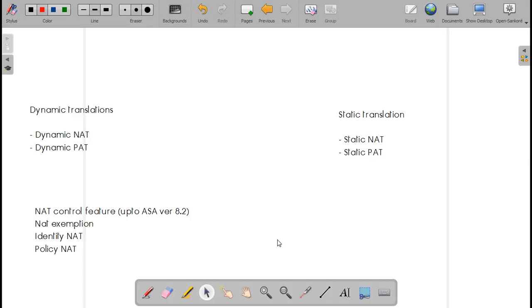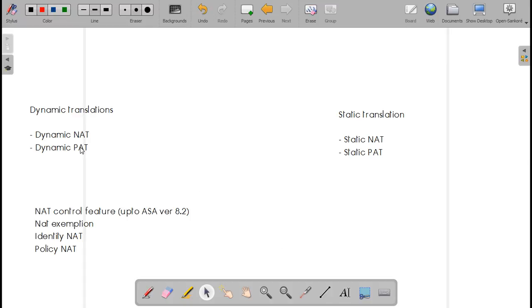You can do it on a layer 3 switch, you can do it on a router, but should you do it there? No. Can you do it? Yes, you can do it on those devices also, but are those the right devices to do these things? No. The right device, the dedicated device for all of this, is your Cisco firewall. Firewall is the device where you do translations, because you get more flexibility. You can do different types of translations there. You have a total of 10 to 12 different types of translation.